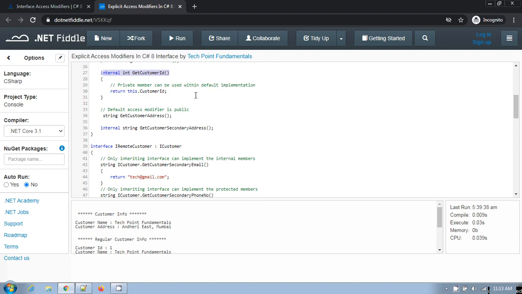If you are defining any private method as well, then in that case also you can do the same thing. You can use the private member within the default implementation of another member. Suppose you have a large amount of computation for something, then you can make that method private, and then reuse it in the implementation of other interface members. That's the way you can use private interface members, right?